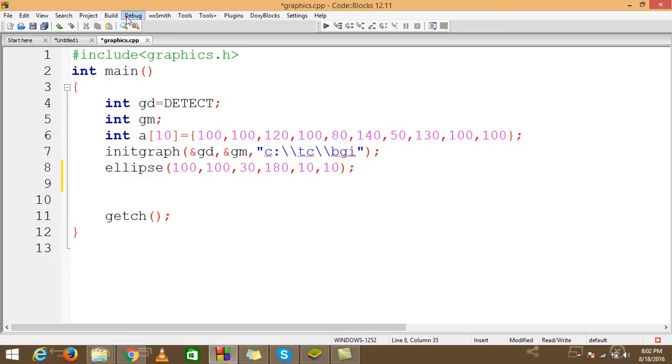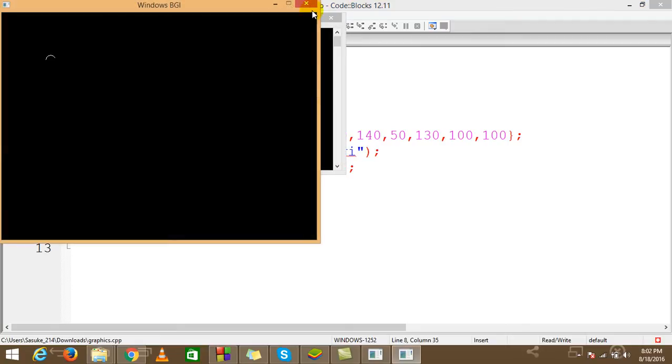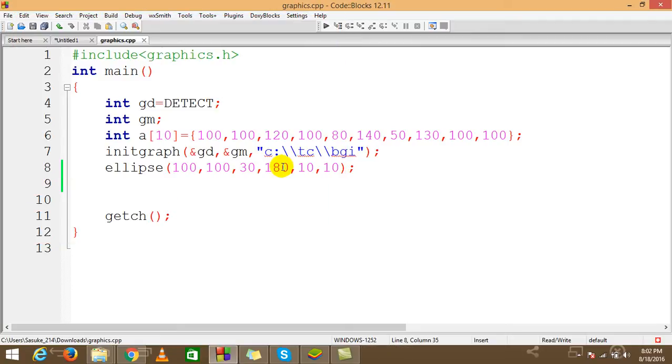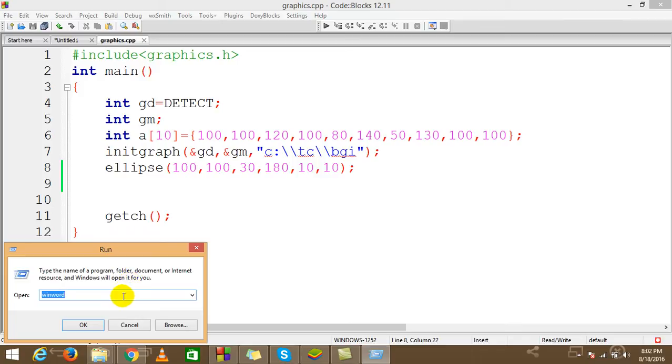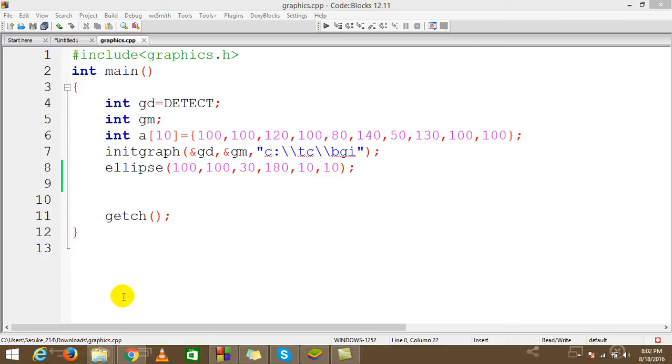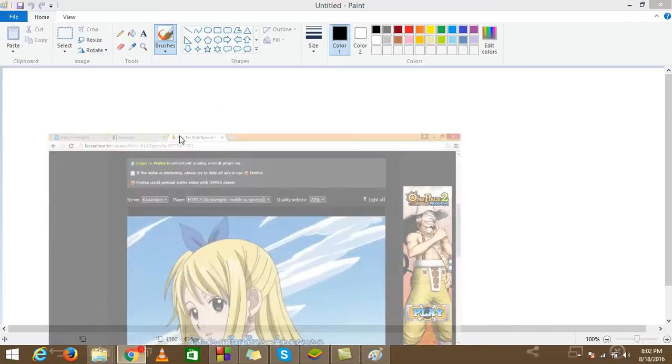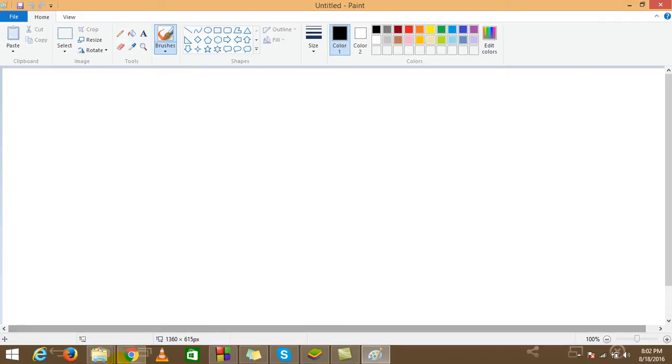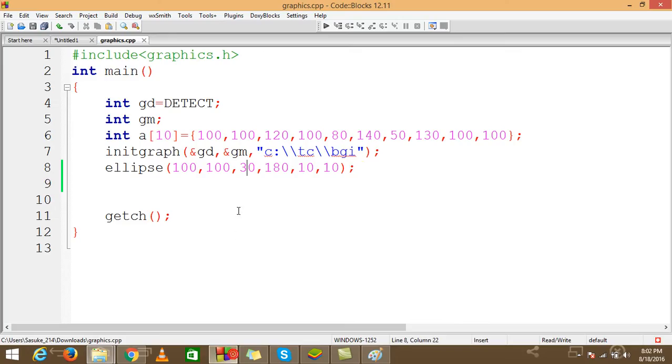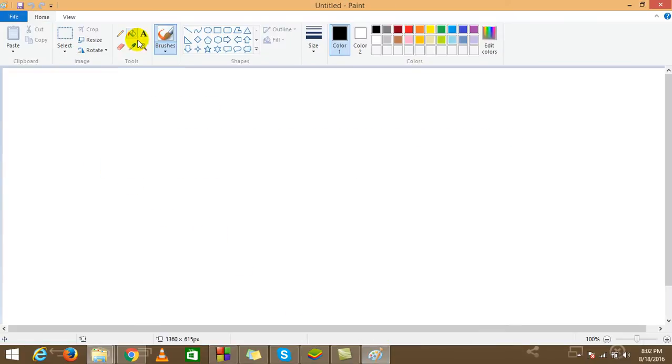Okay, now when I compile the program, you can see a circle, or like a circle, or some particular graph is drawn. Now I'll explain how the ellipse is exactly drawn. So for that, first let's go here